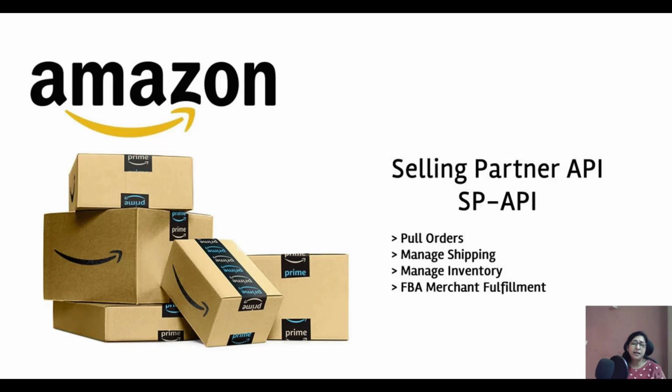What are the features that the seller API, or the selling partner API, offers? You can pull your orders, you can manage your shipping. So every order or shipment process that was done manually before, you can automate. Whether you are a seller or a vendor, both can implement SP API. It's not only restricted to a seller. And a seller can be a private seller, could be a public seller, and even the vendors. So all these three parties. Understanding the domain aspect is also very important when you're trying to implement it, that is, who this is for. It is also for the vendors who can implement SP API.